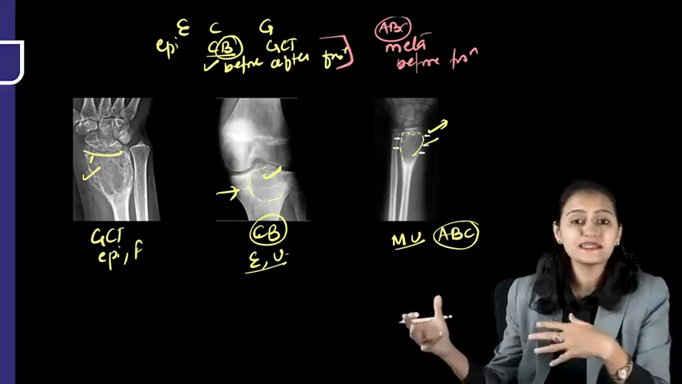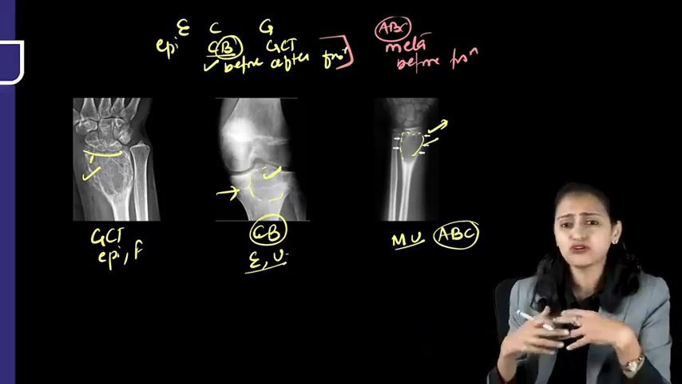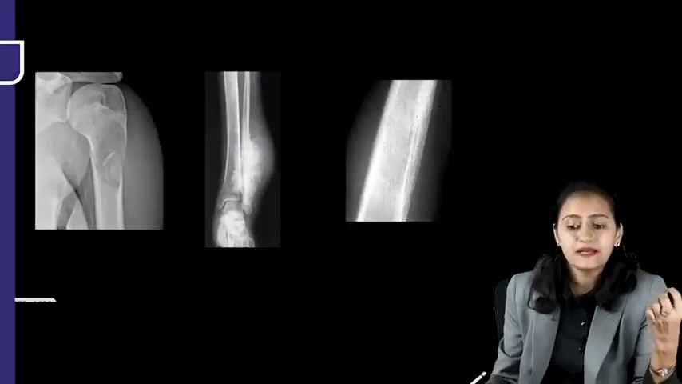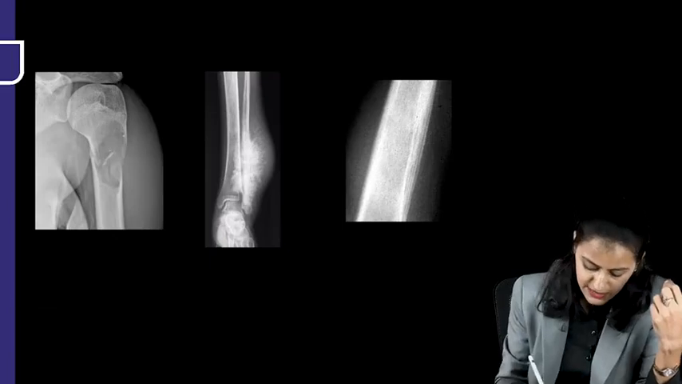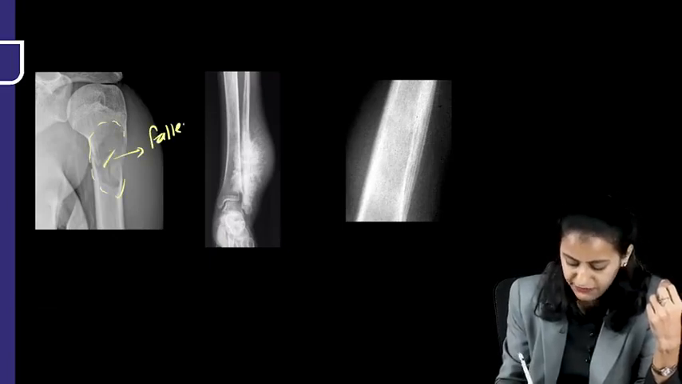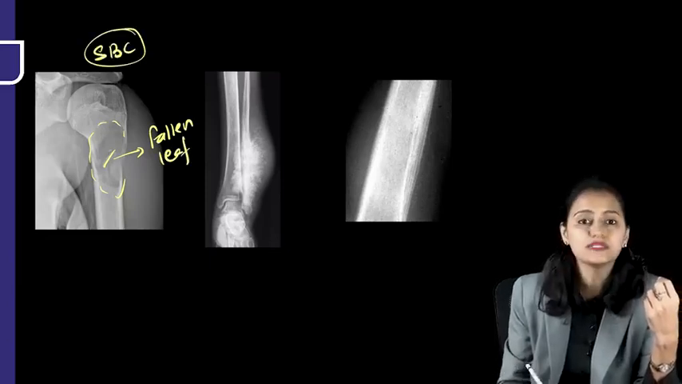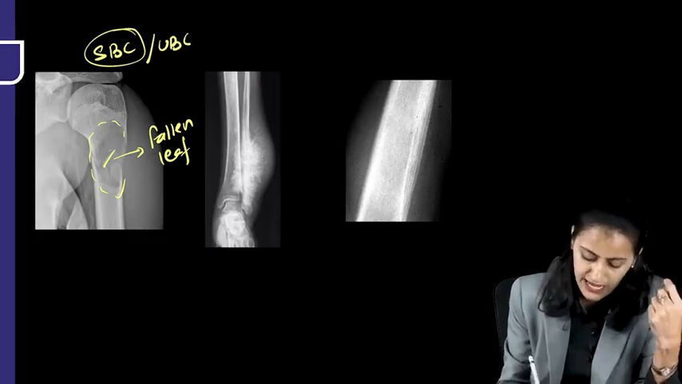So they are expansile lesions, ABC and GCT, both of them can have this soap bubble appearance because of the multiple trabeculations, right? Next one, what bone tumors are these? Here in the lytic lesion, you are seeing a falling fragment. This is called the fallen leaf sign, which is seen in simple bone cyst,